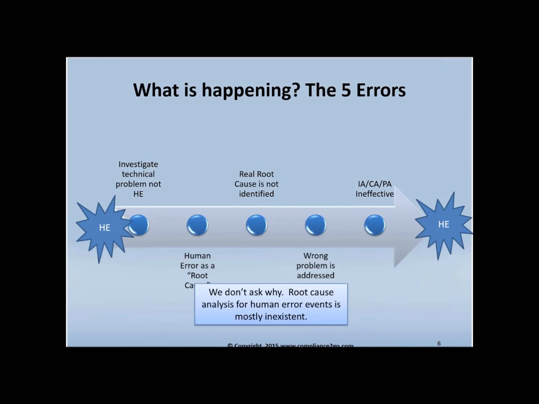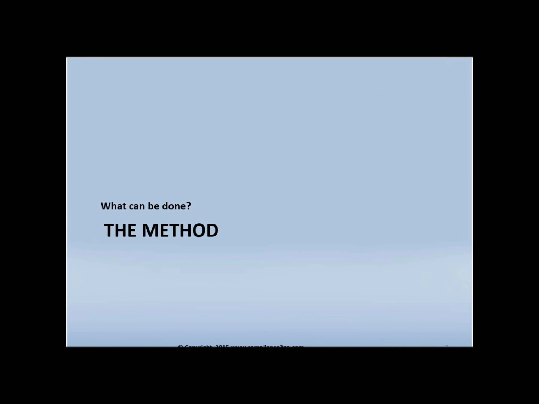And then of course that creates another situation, which is basically the recurrence of the mistake. So we want to make sure that we ask ourselves why. Why did the human error occur? And that's what we're going to be doing. So root cause analysis for human error events is mostly nonexistent. We really stop at the human error, and we don't go even a little bit further in terms of